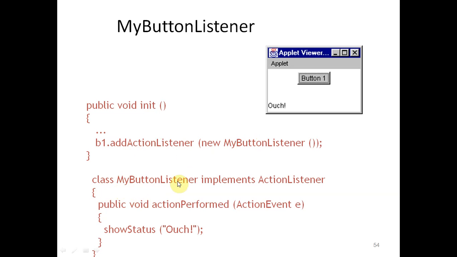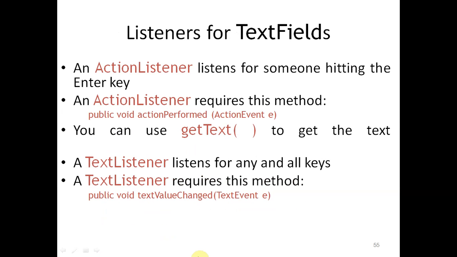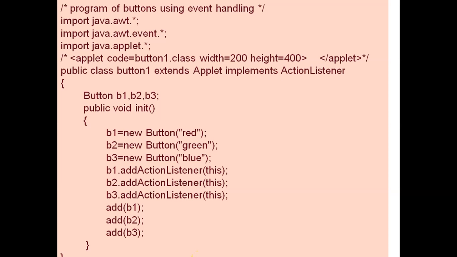So you will see this line with the help of the complete program, and this is the class MyButtonListener. This is the user defined class, and it is implemented by ActionListener. Here we have to write the actionPerformed function. I will explain this action listener with the complete program, because it is better to explain this concept by the program.